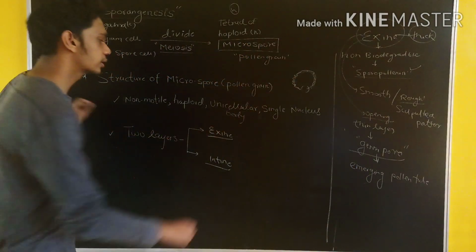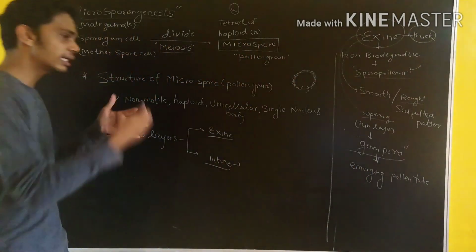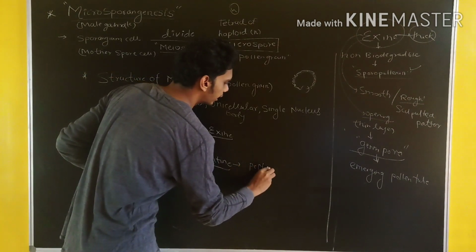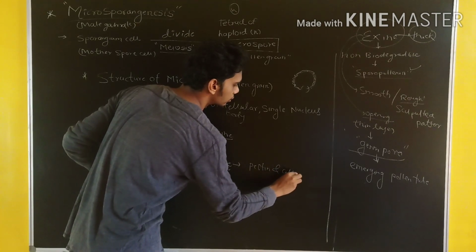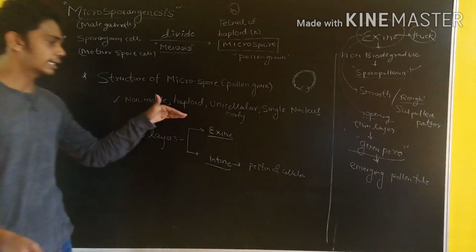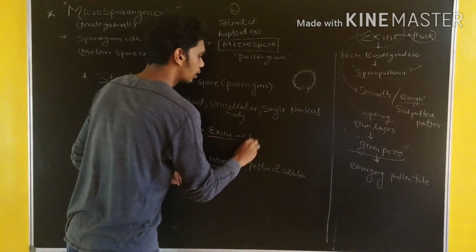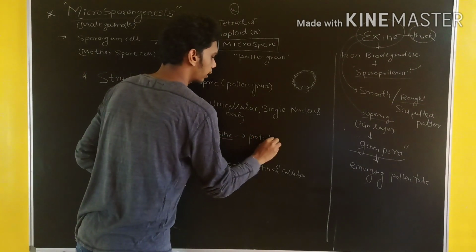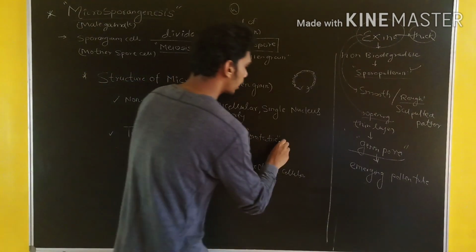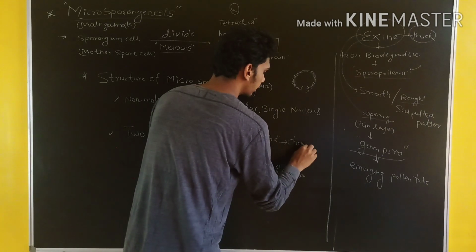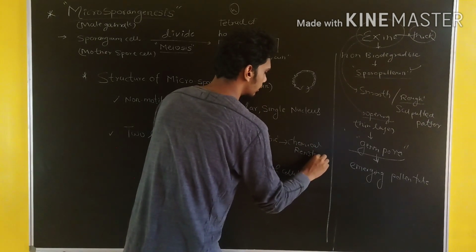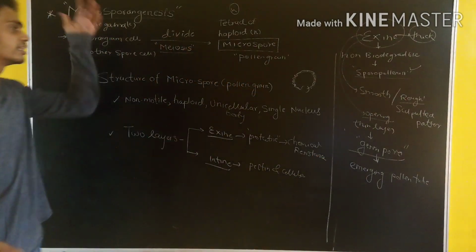After the exine, we have to study the intine. See, intine is what? The inner side. It is made up of pectin and cellulose. So this is the structure of the pollen grain, mainly exine and intine. Exine is a protective part which helps for protection. So it has to be tough, and you can say it is chemically resistant. These are the points we have to understand.